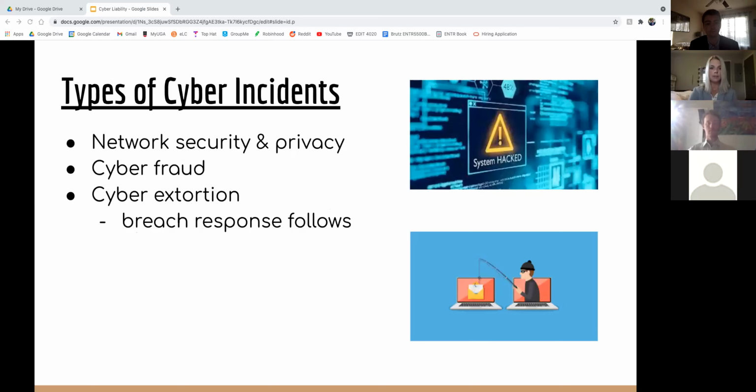A company's network security is at risk when there's a weakness or vulnerability within their computer network. This could lead the cyber criminal to gaining access to data and potentially leaking it. One example of a network security issue is a distributed denial of service attack, in which tons of pings on a website cause it to break down, and then the network is not secure enough to handle it. This leads to the unavailability of one's website.